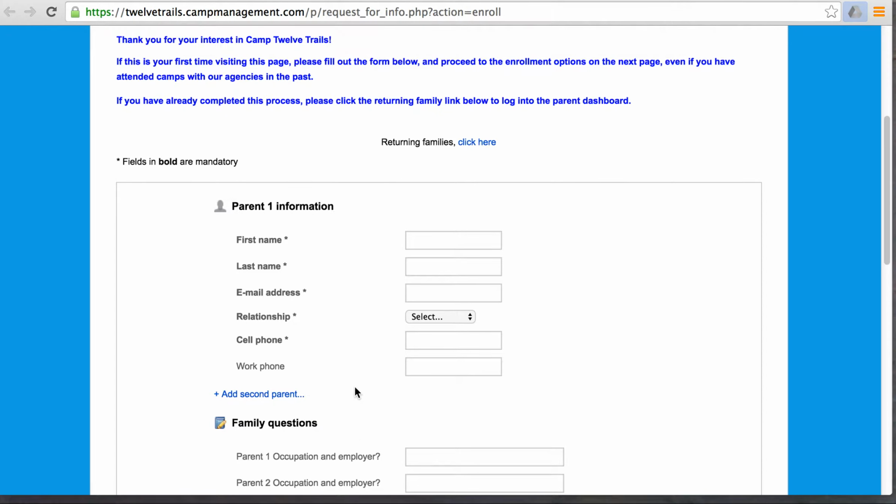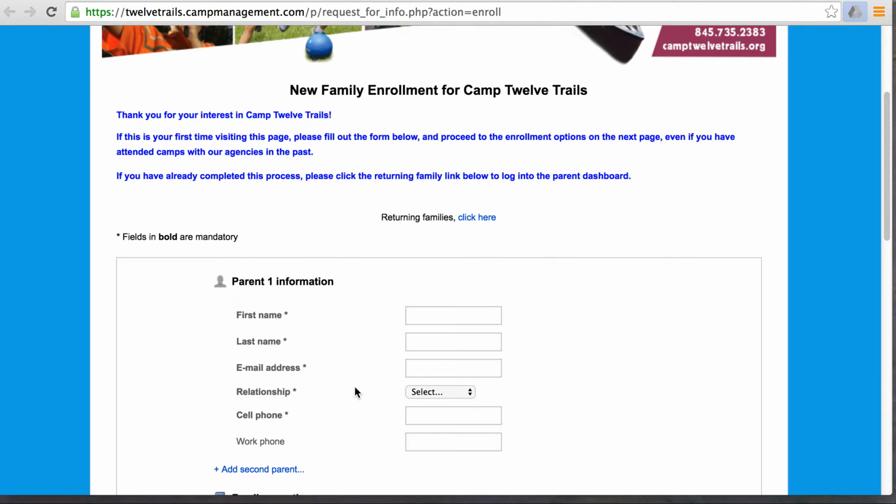What we're going to do first here is show families who have already done the registration but haven't actually submitted it. I know that some of you have gotten emails in regards to the fact that your registration hasn't been submitted and it's unclear what needs to happen, and so we're going to show you where most of the families have been getting hung up, and I'm going to do that by clicking into one of our test accounts here